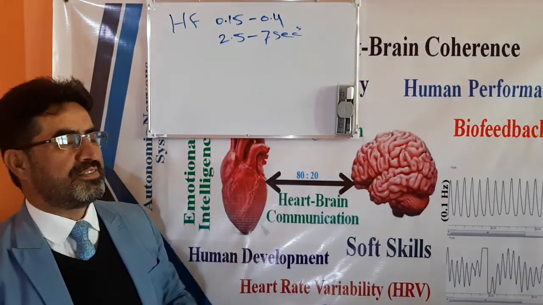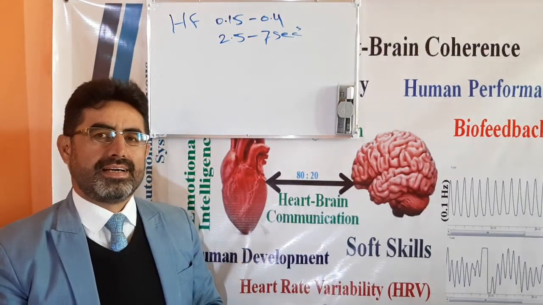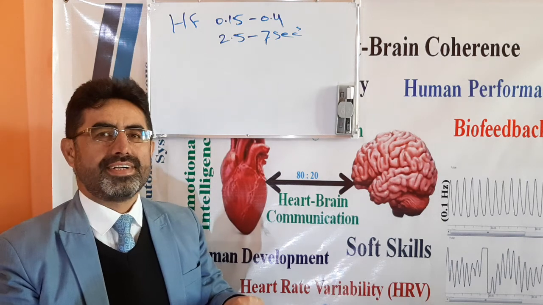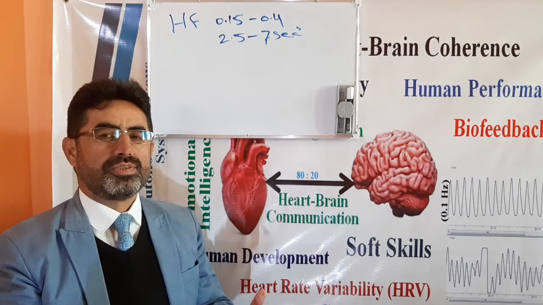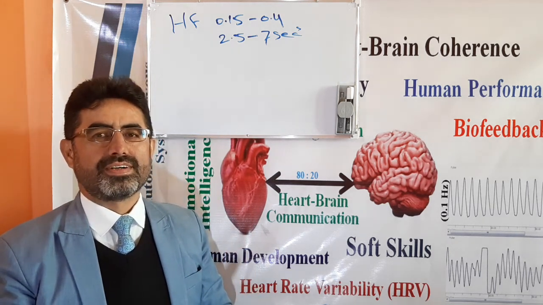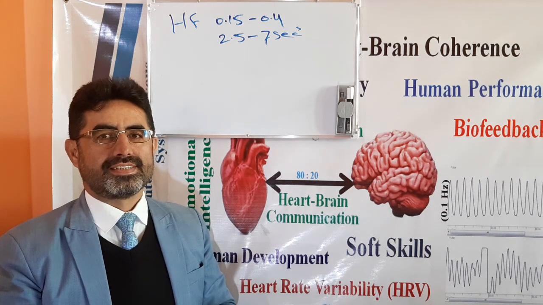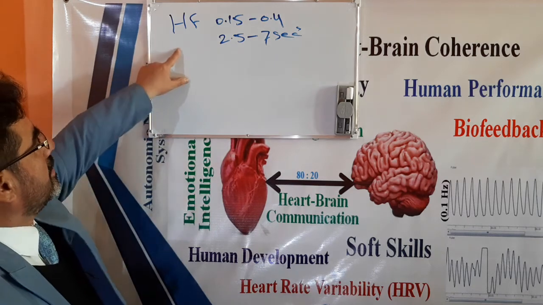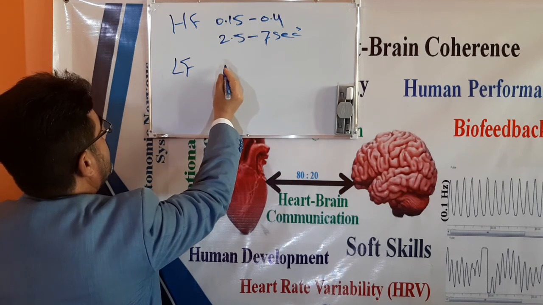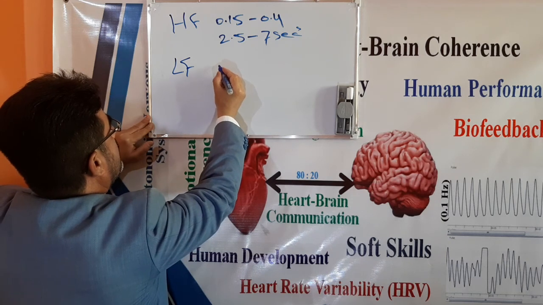Because when we face different situations, our heart rate changes, but we need to have a higher level of heart rate variability to reach the optimal situation of heart actions, reactions, and beats. And when we have higher heart rate variability, it means that we are in good health and have a good cardiovascular action and reaction system. And the second frequency is low frequency, or LF, that covers the frequency scores of